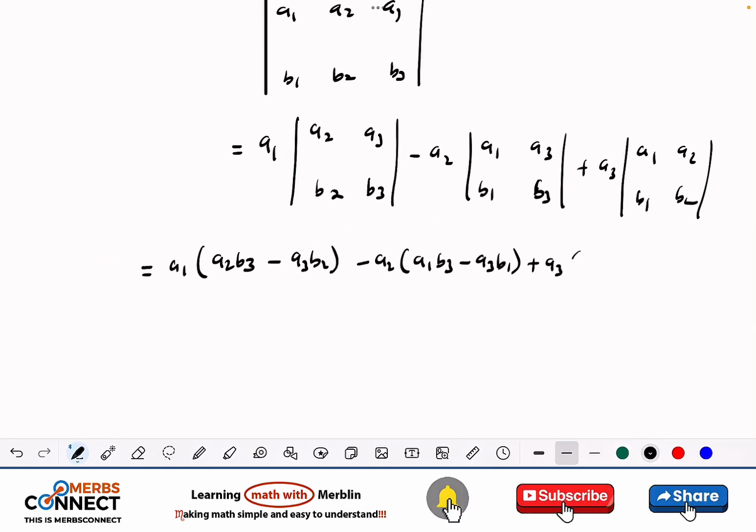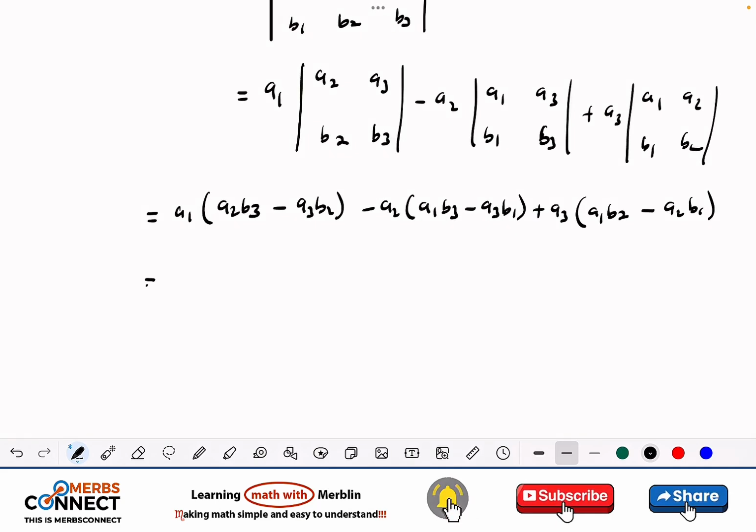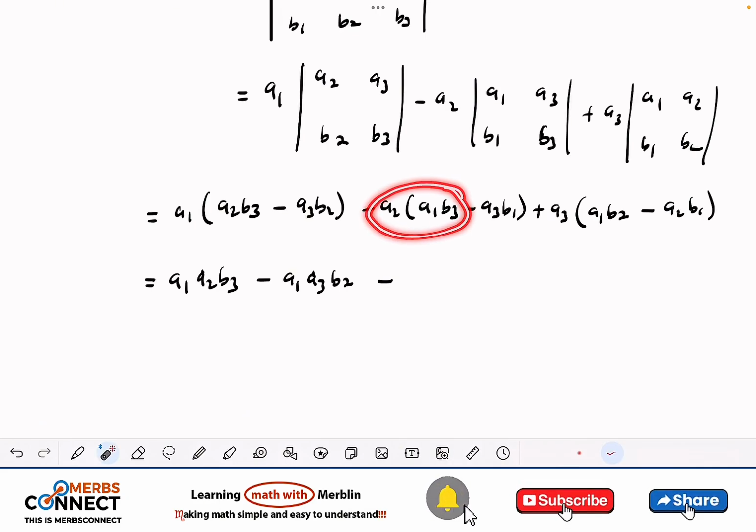So this is basically going to give us A1B2 minus A2B1, right? So that's what we are going to get at the end of the day. Let's multiply through by this. So we are going to have A1A2B3 minus A1A3B2 minus,